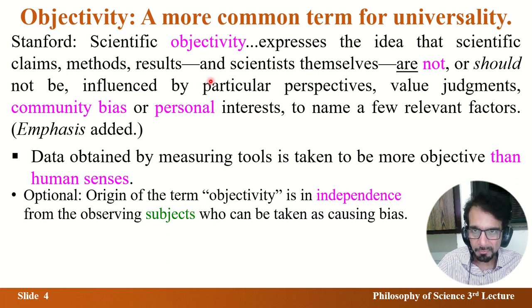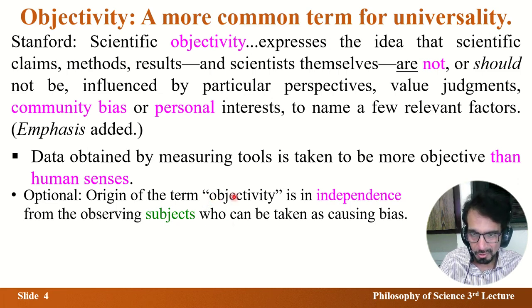Now, the aim, I'm telling you, is that we should get rid of personal influences, personal opinion. So the person is I, the person is the subject. So if you want to get rid of personal opinion, or biases or preferences of a community of persons, then the word objectivity suggests that the way to do it is to get rid of persons, get rid of subjects. You only talk about objects.